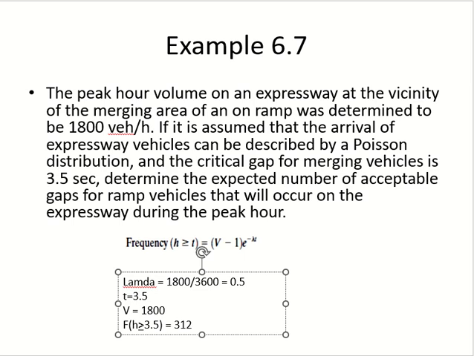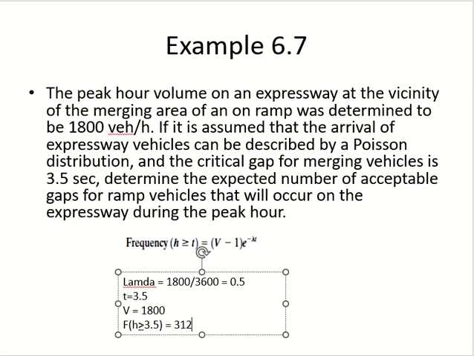Okay, now it means what? 312 times in this hour the vehicles will find a gap which is equal to their critical value. 312 times. So when they find this much gap, what will they do? They will cross. So how many people can cross from the ramp? 312. So this gives you the allowed flow from the ramp in this hour. It's a peak hour, obviously.